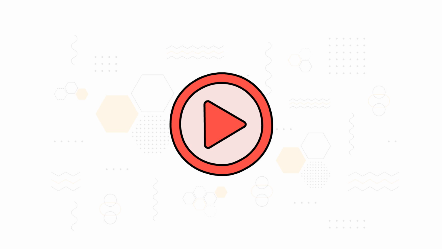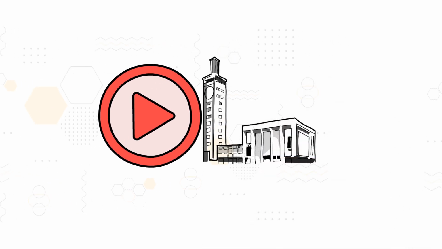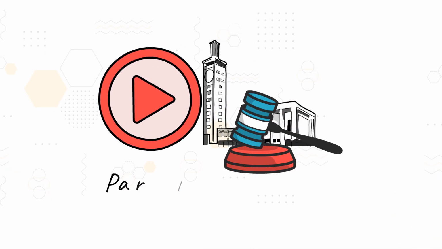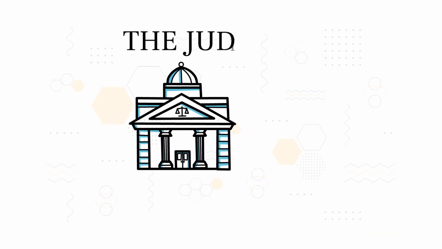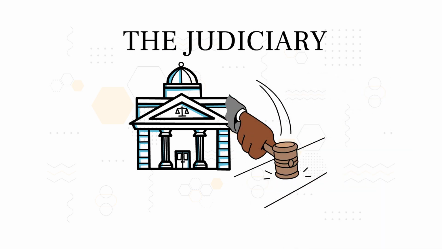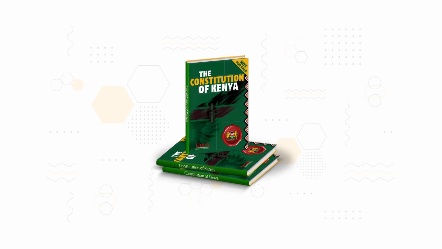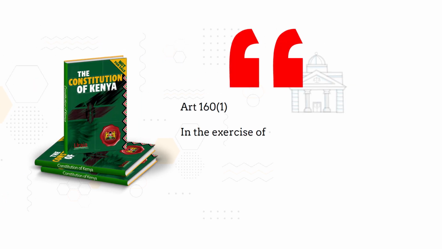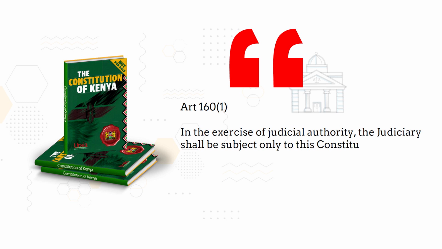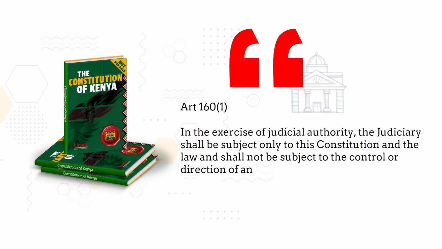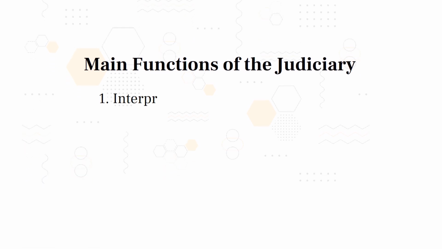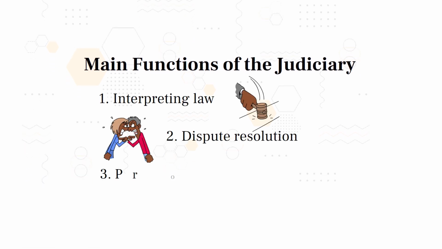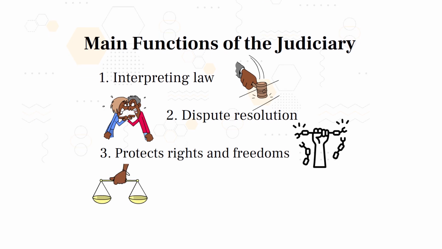In the previous video, we saw that the legislature is responsible for making national laws. As the third arm of government, the judiciary is responsible for interpreting the laws that the legislature makes and using them to uphold rule of law. The Constitution of Kenya states that the judiciary is an independent entity that is not subject to control by any person or authority. Besides interpreting the law, the judiciary resolves disputes, protects rights and freedoms, and ensures that justice is